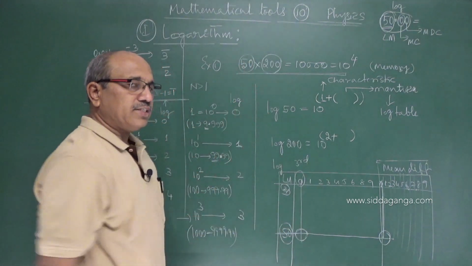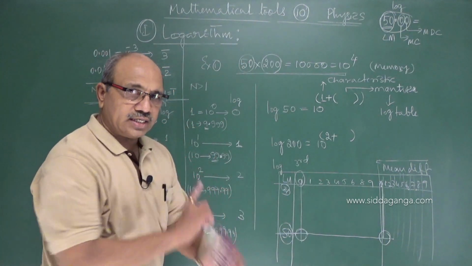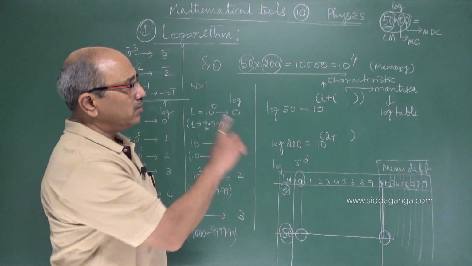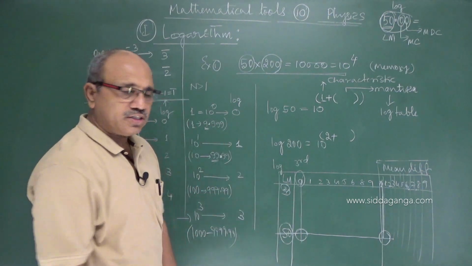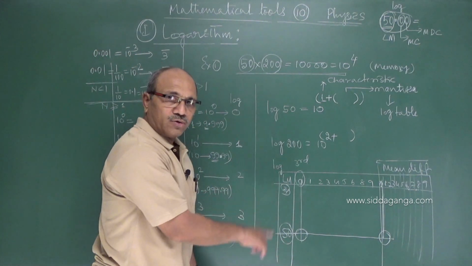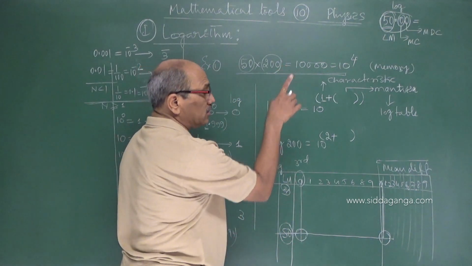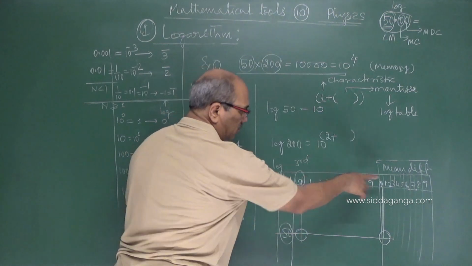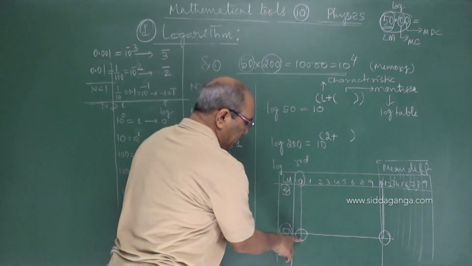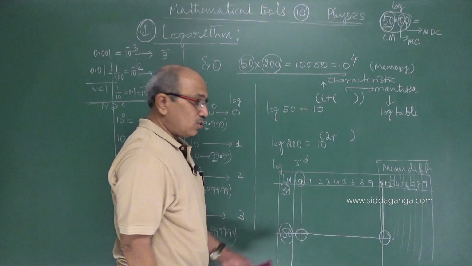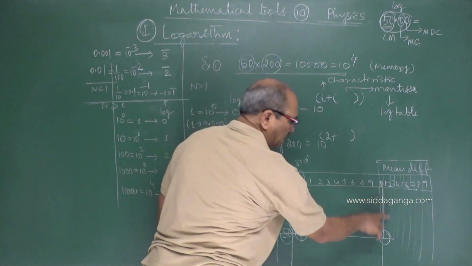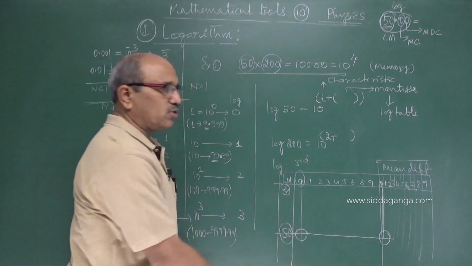If there are 4 digits, without taking into account the decimal point, come from the leftmost 2 digits, read that and go down directly, reaching that number. For the third digit, follow the middle columns, reach that point laterally, and note down that value. If any number comes in the mean difference column, you also note down that.